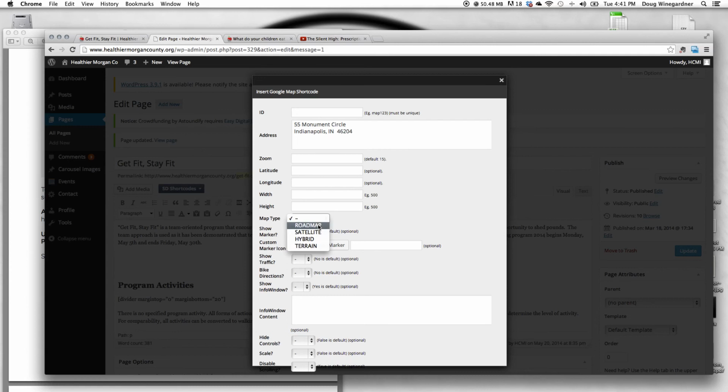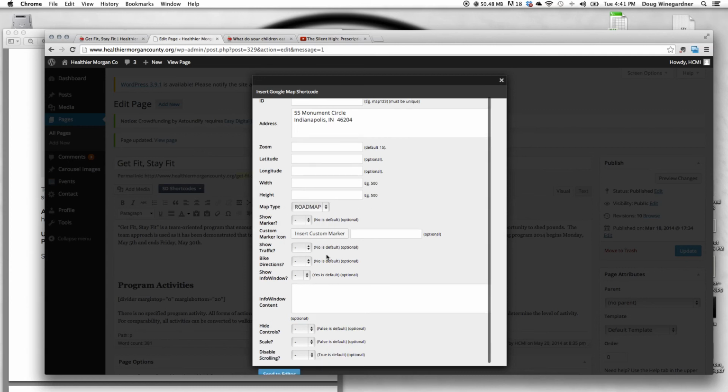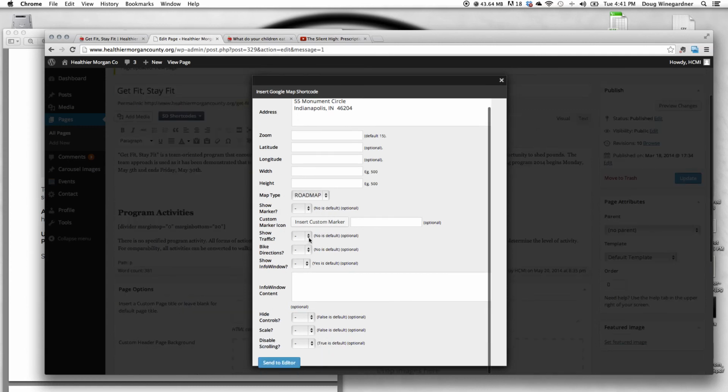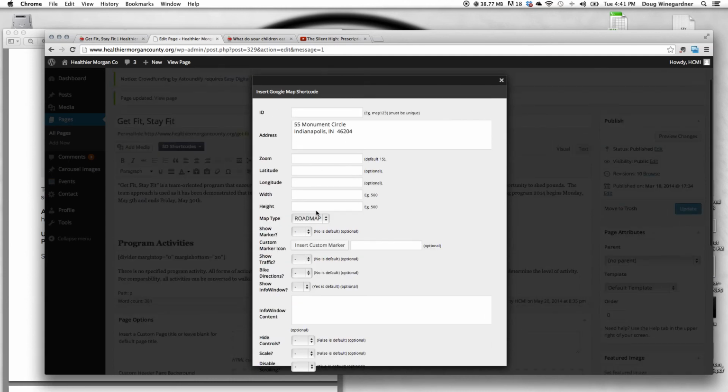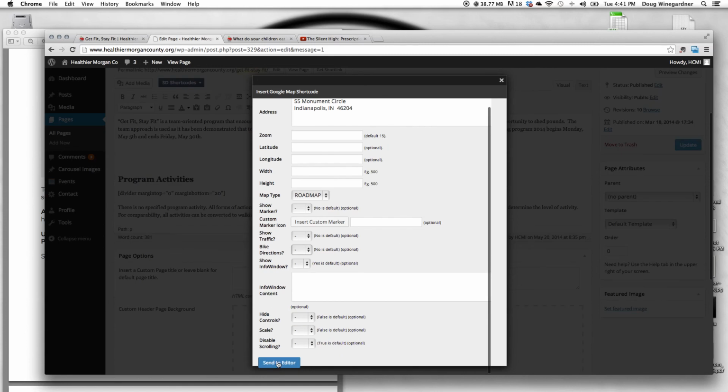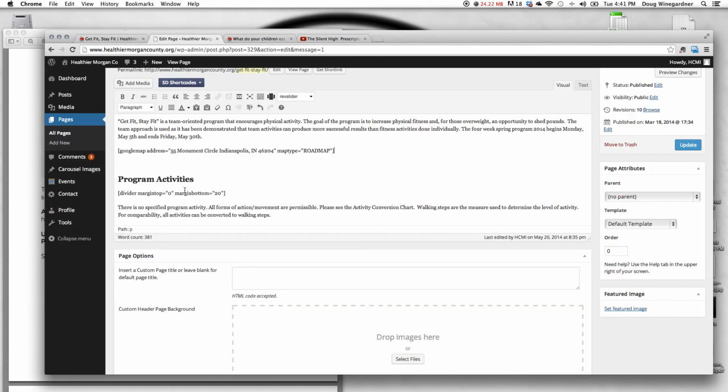I recommend just road map. And you can go through here and show different traffic, actually real-time traffic, which isn't really necessary. Biking directions as well that people can figure out. But we just suggest putting in the address, clicking road map, and then you scroll down here and send it to the editor. It'll pop in that little address code there. You click update,